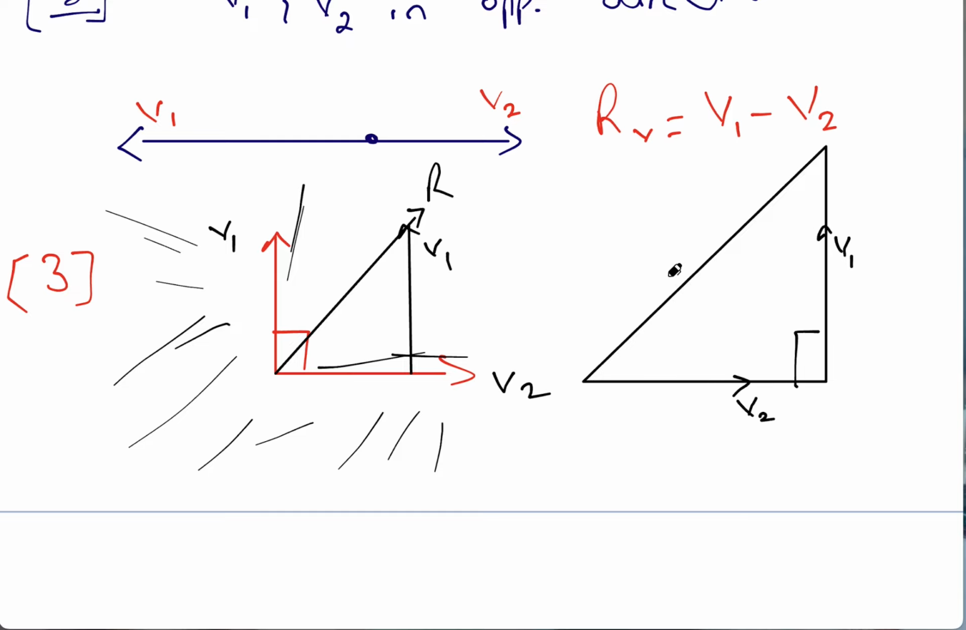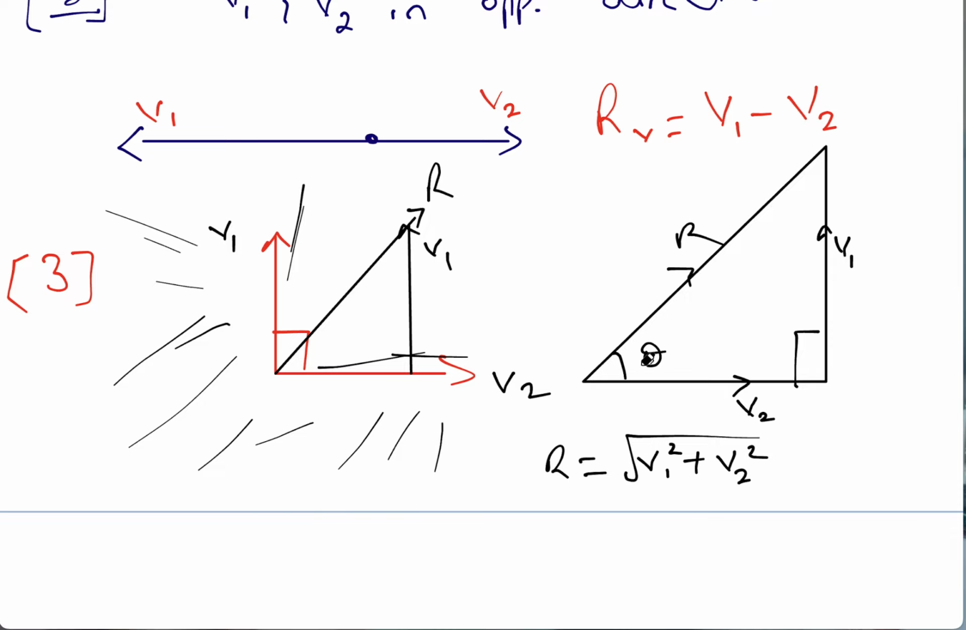Still, this is 90 degrees, and this is the resultant vector. Here we use the Pythagoras theorem. That means that the magnitude of the resultant is v1 squared plus v2 squared. Now, if we are asked the direction in this place, it has to do with angle, and let's say this is